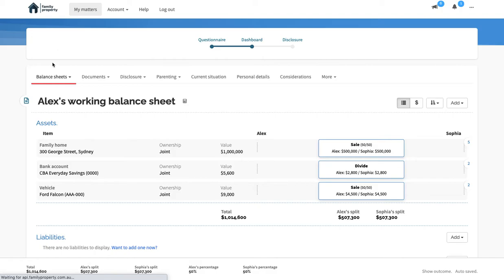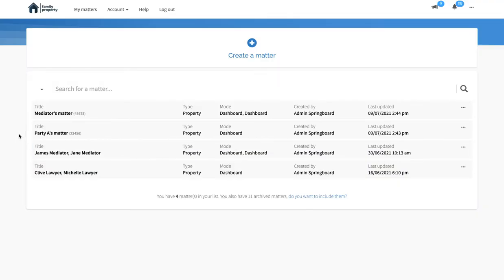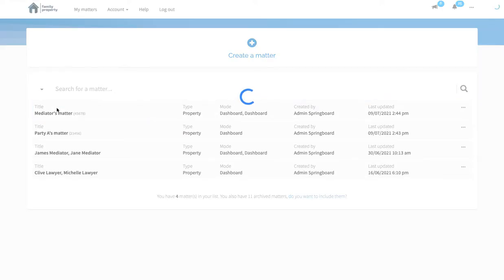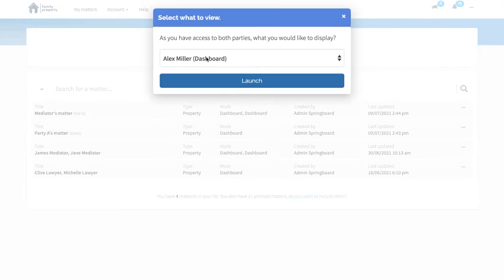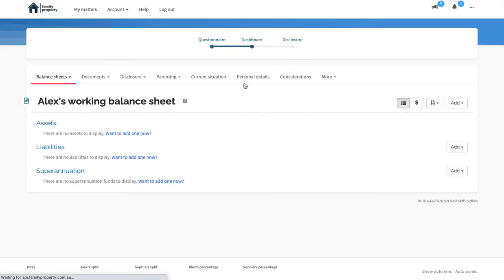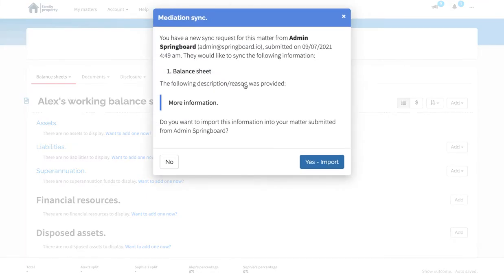So I'm going to just go back to my matters screen here. So now I'm the mediator, and I've received the email notification. So I'm going to go back into my matter here, and I'm going to go back into Alex's side of the matter and click launch. And what you'll see now is when I open up Alex's side this time, you can see in the background there I've still got my blank balance sheet. I haven't spent any time